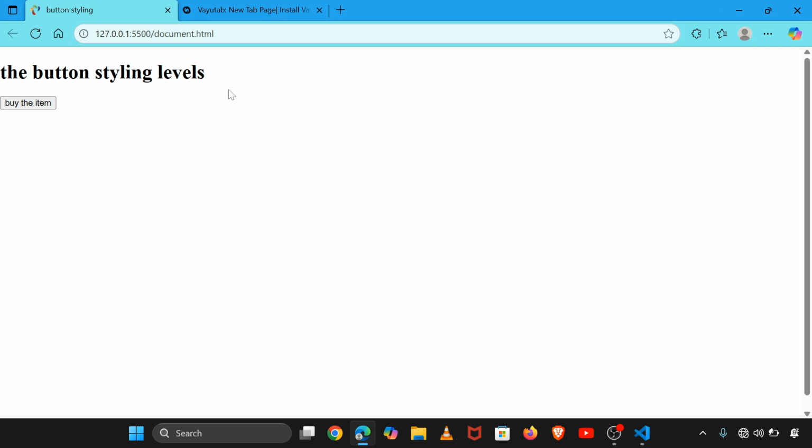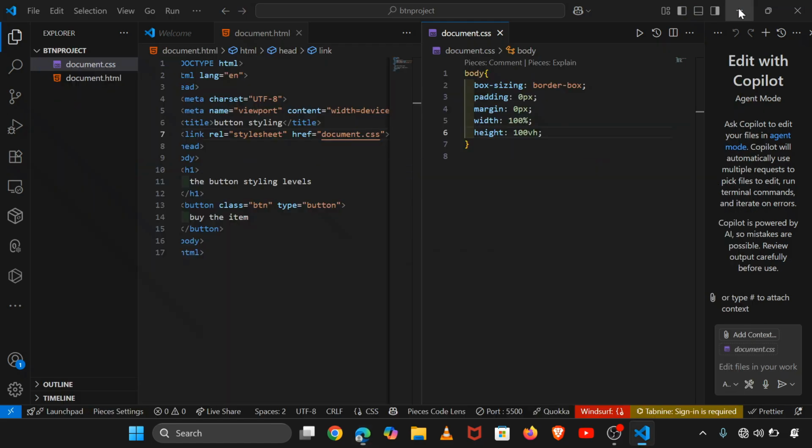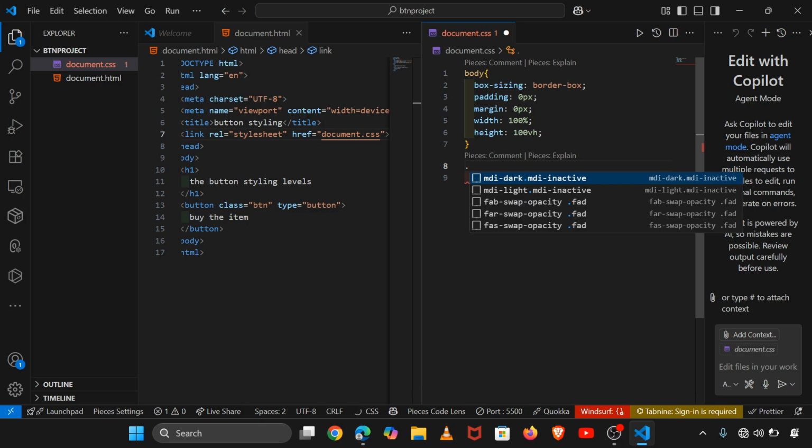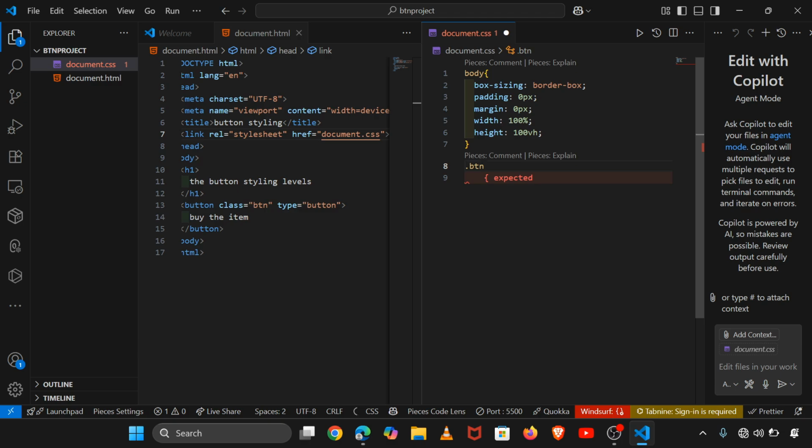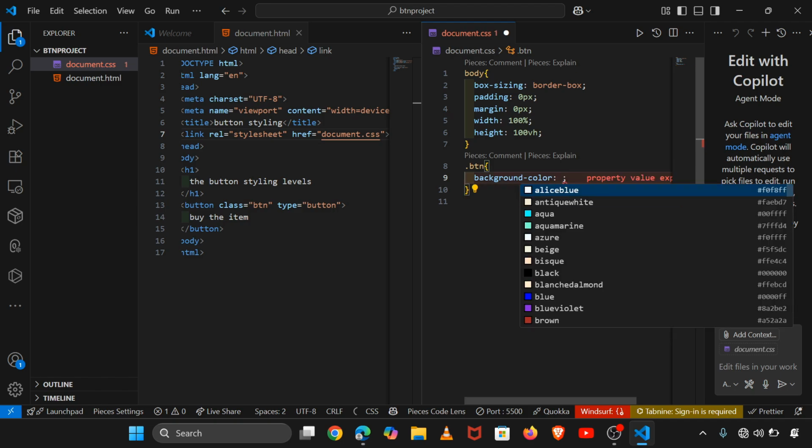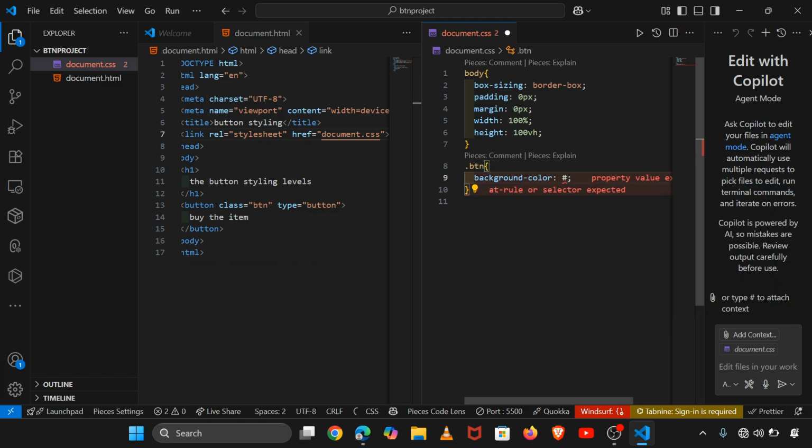There is nothing that is hindering another. So you come here in the style for our button. The first level of styling the button, you come and just target that class of the button and say our button must have the background color. For example, we want it to be this code, a hashtag 25 combined with 63